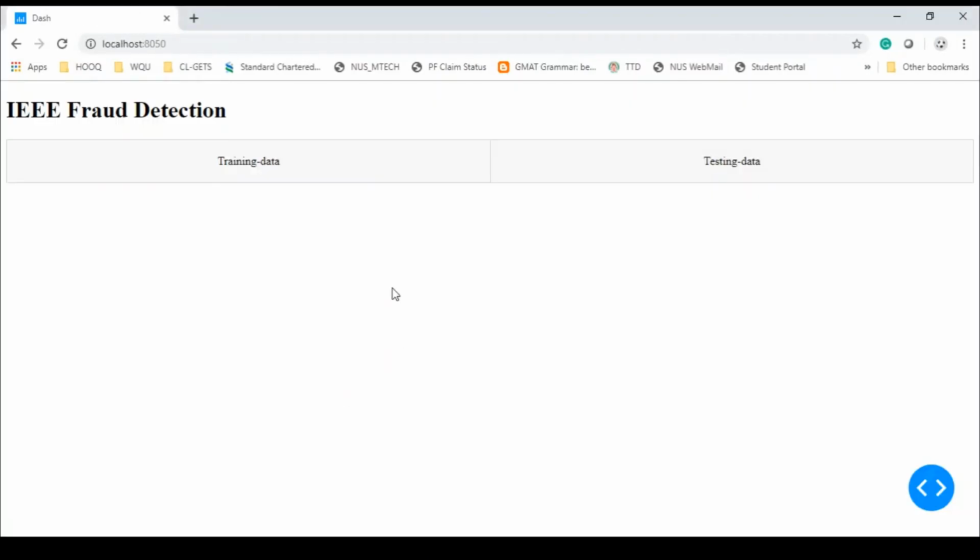To add to the existing code, I've created a dashboard using Plotly Dash. Dash is an open source package from Plotly.js, which is similar to D3.js. It's running on port 8050, and I've already shared the code for the Dash. Going to the website, there are two tabs, training and testing. If you click on the tab,